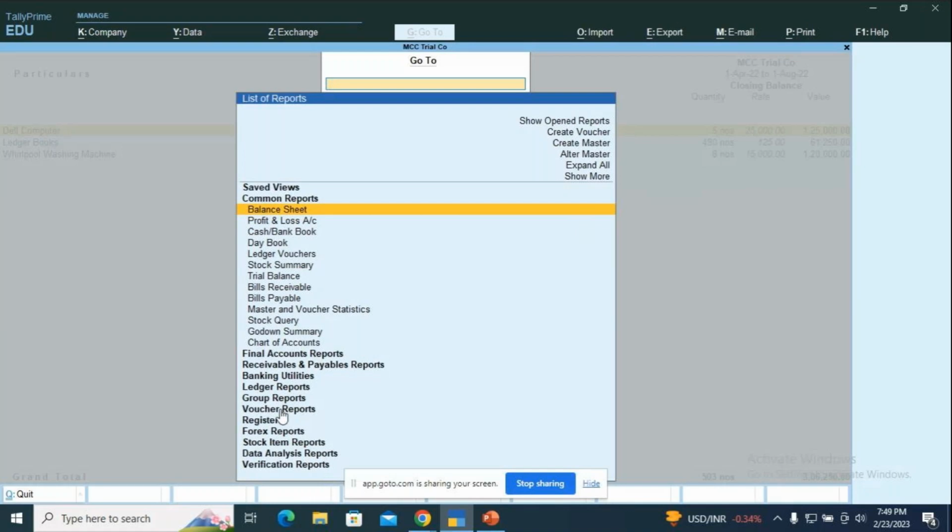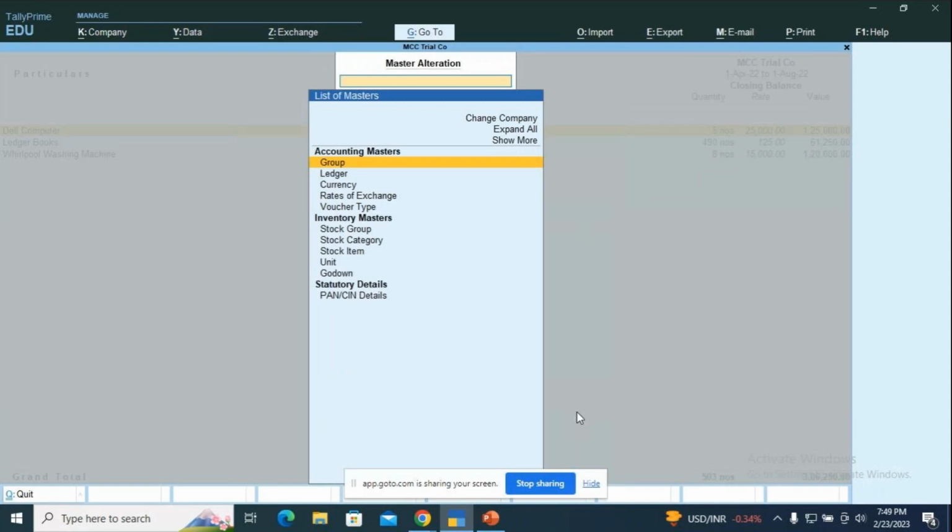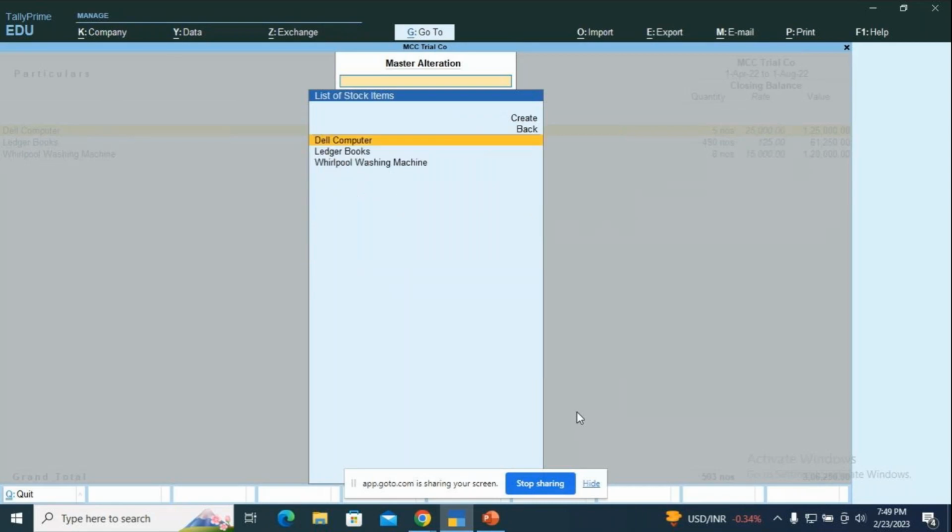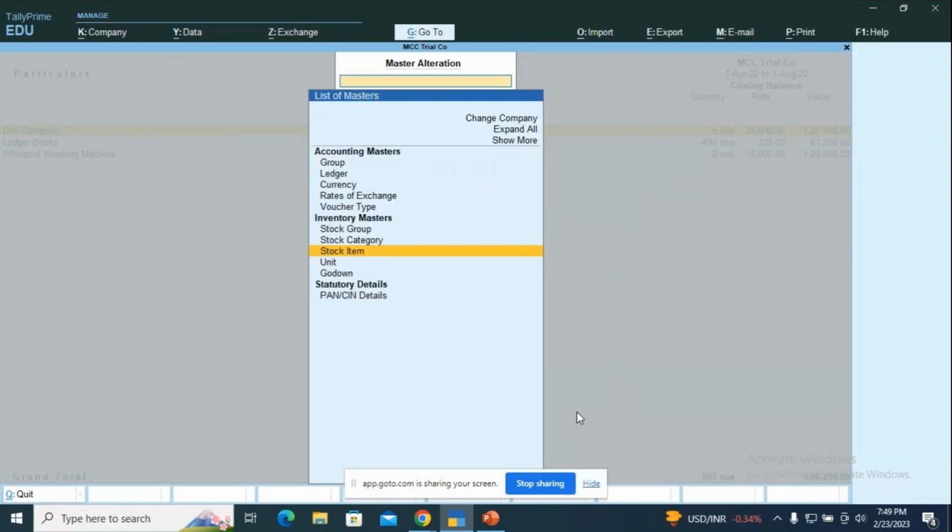For example, I want to go for alter masters. So see, I'm in alter master. I want to go for stock items, whatever is there, I can see, and